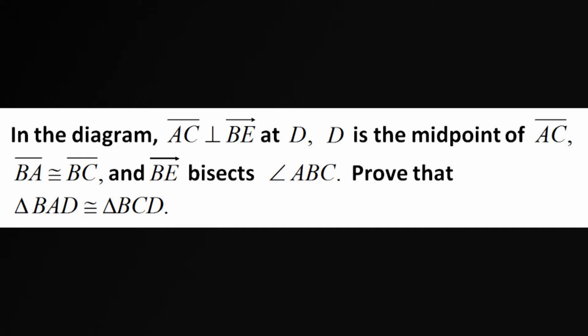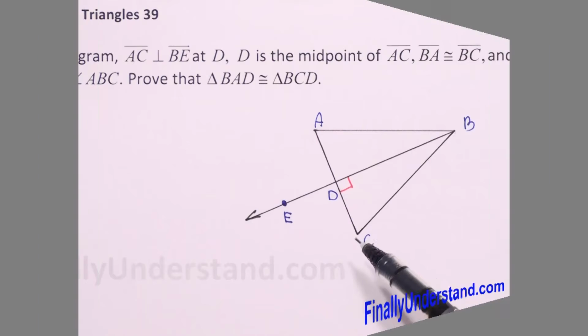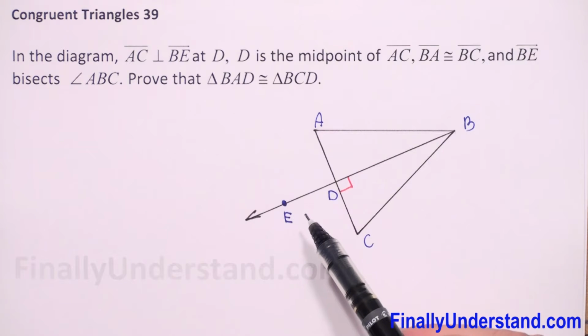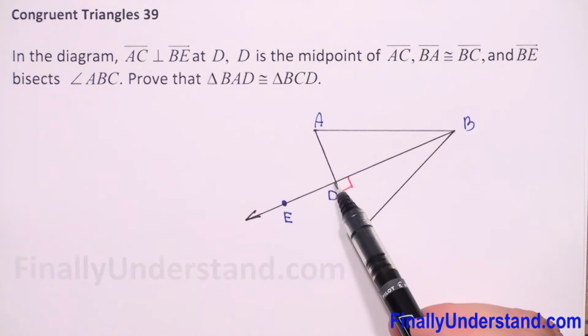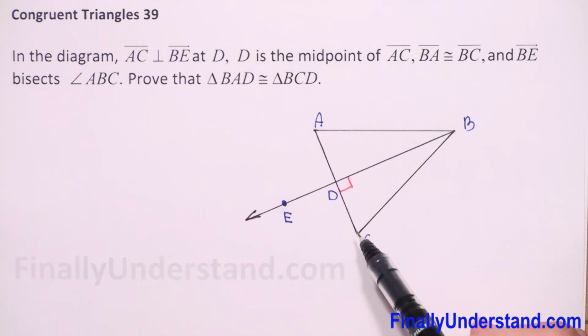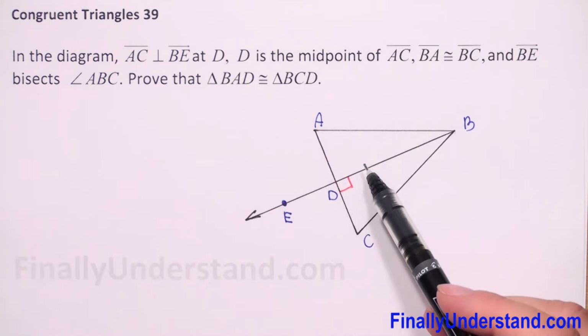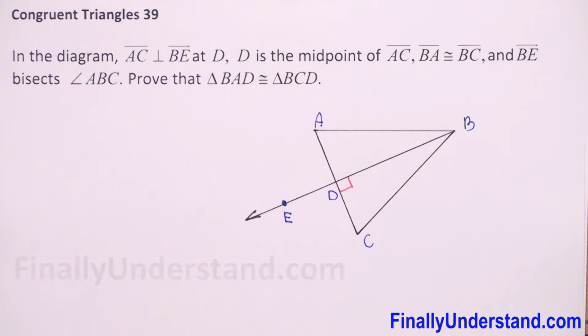We have a given diagram, and AC is perpendicular to BE. What else? At point D, D is the midpoint of AC, and BA is congruent to BC, so we can write that